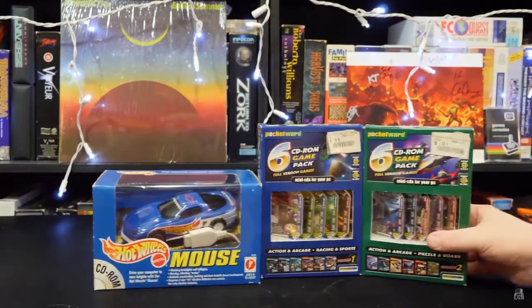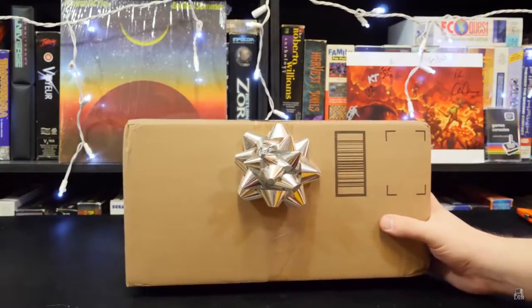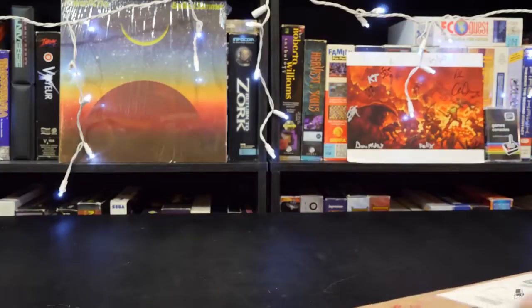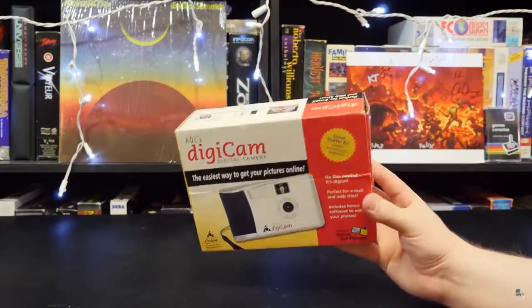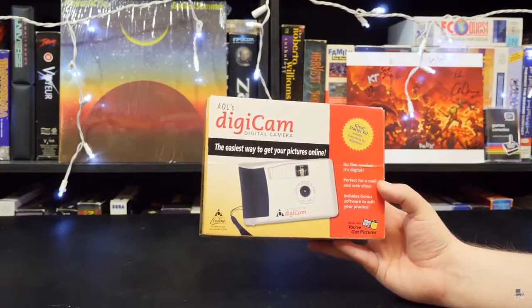Neat things. I got one here from my home state, North Carolina. This is from Gabe. And I think I know what this is, actually, yeah. This is AOL's Digicam. And yeah, I think one of his employees there at the computer seller, I believe is his...